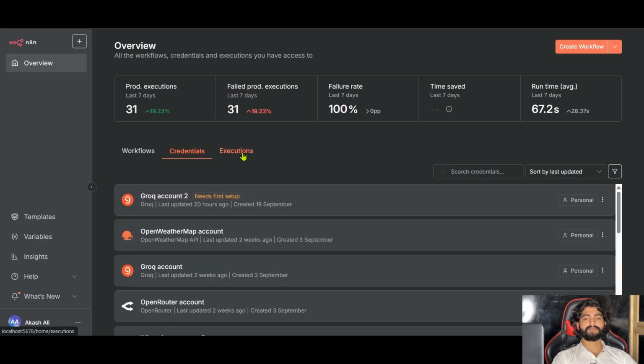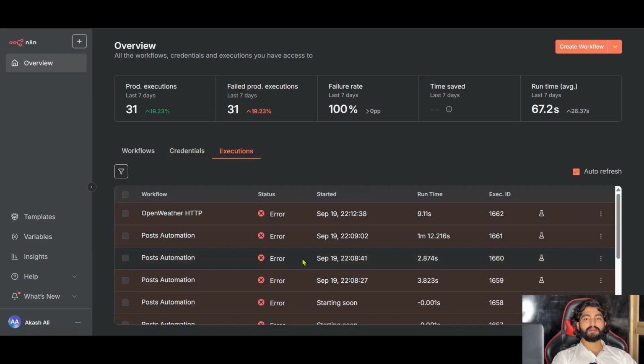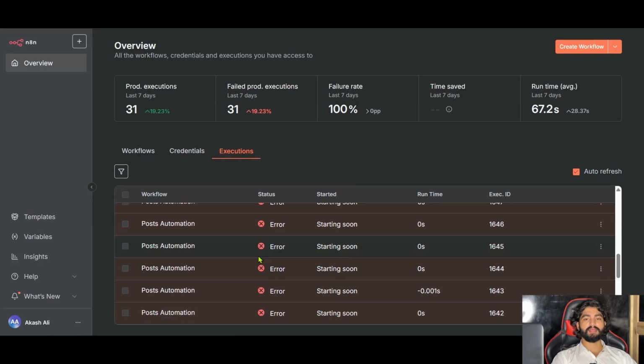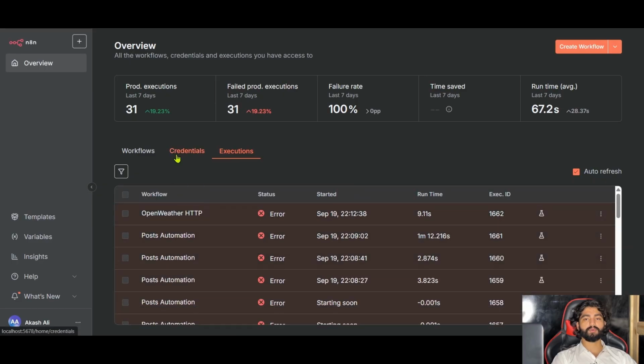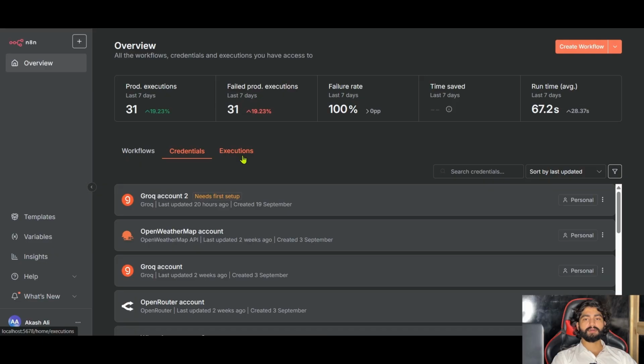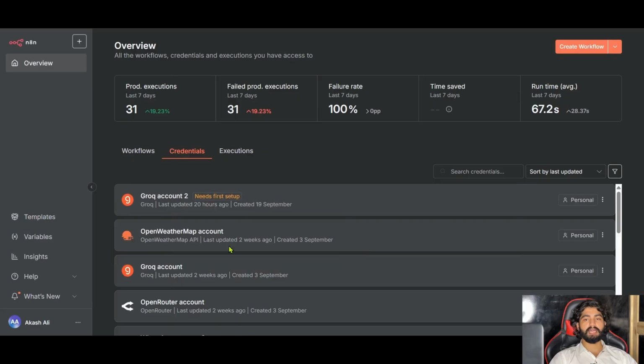And execution history is like a workflow diary. It remembers every run, every success, every failure, and probably some things you would rather forget. Credential storage is Fort Knox for your API keys, everything encrypted tighter than a jar of pickles that's been sitting in your fridge for 3 months. Even if someone somehow got access to the database, your credentials would be more scrambled than eggs at a Sunday brunch.